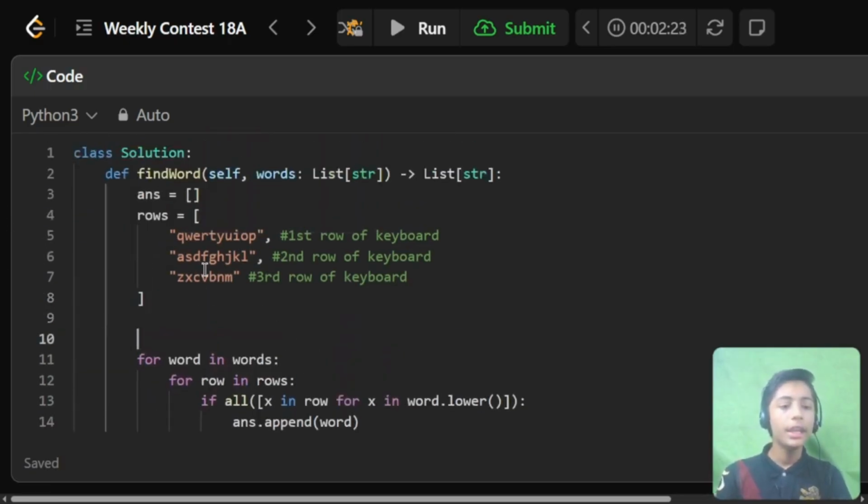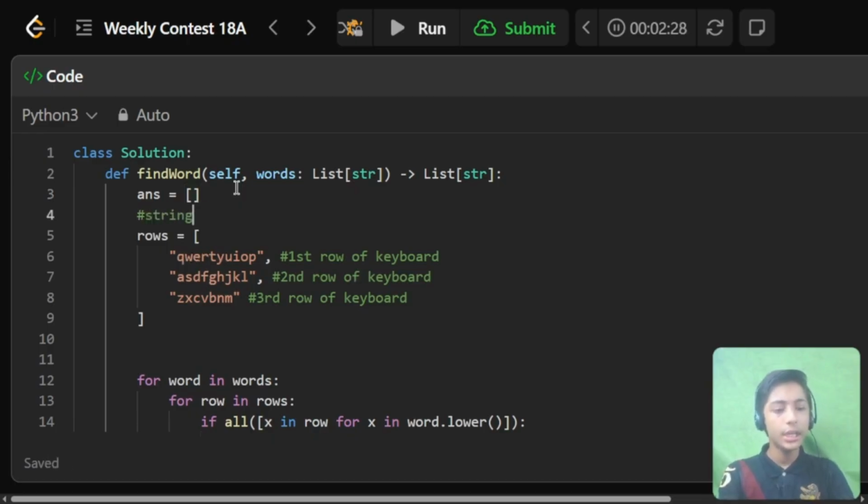Now I have created a string array by the name of rows.